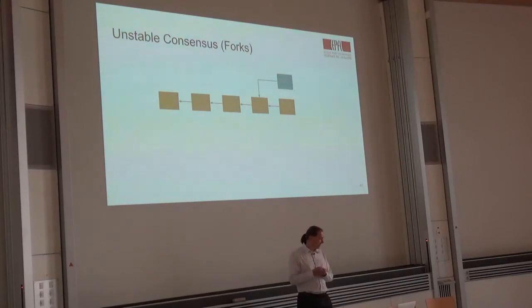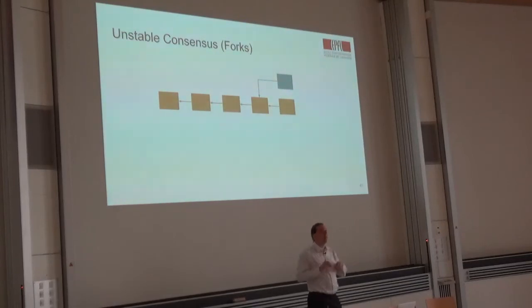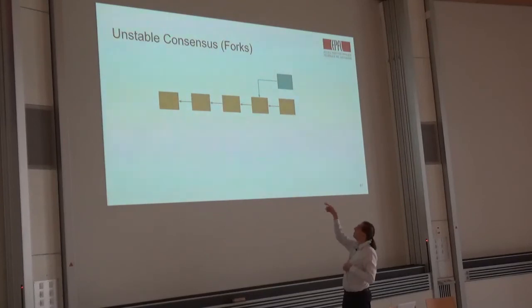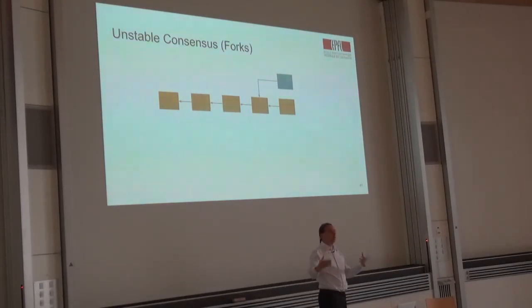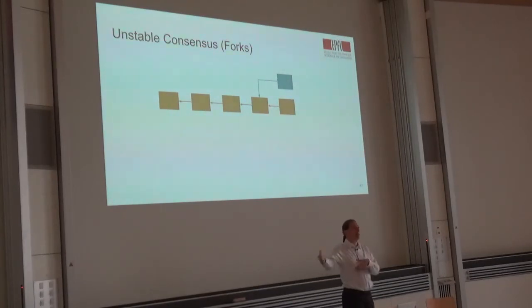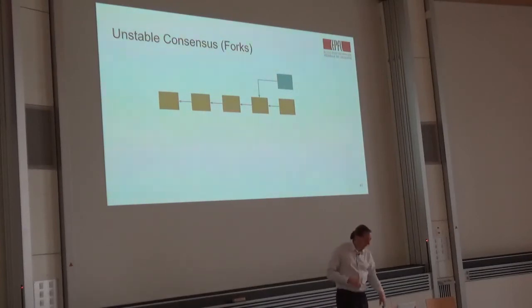And the way Bitcoin does this is it says, okay, sometimes this happens. There will be two versions of history, and in this case, some part of the mining network will be trying to extend the blue version of the blockchain, and some other part of the network will be trying to extend the yellow version of the blockchain. We're not sure what the distribution will be, but pretty soon, statistically, one of them will win. Some miner will extend one of those chains, and with some reasonable probability, that'll happen well before somebody extends the other chain. So with fairly high probability,